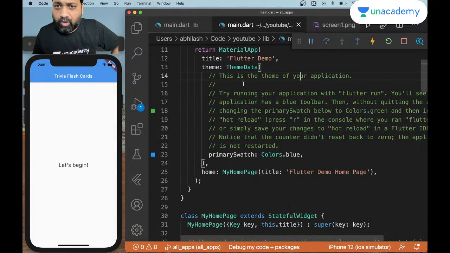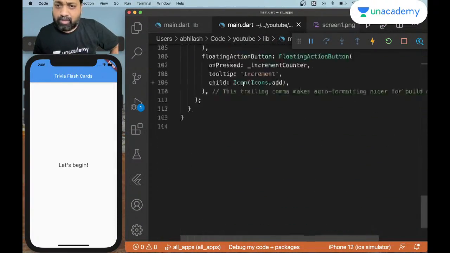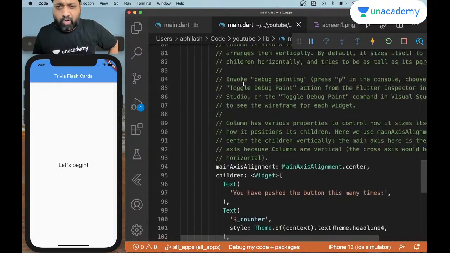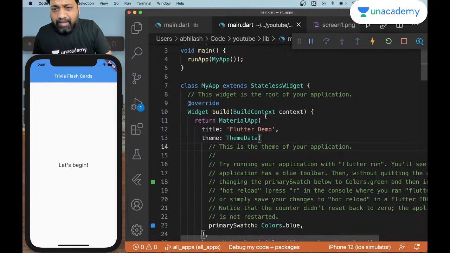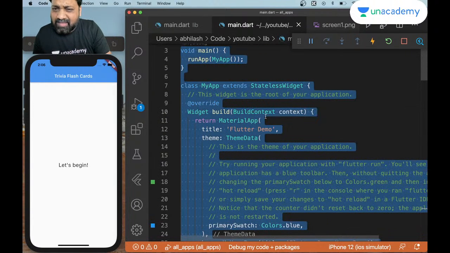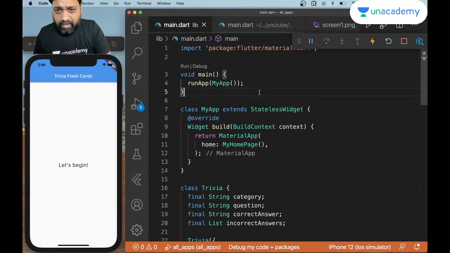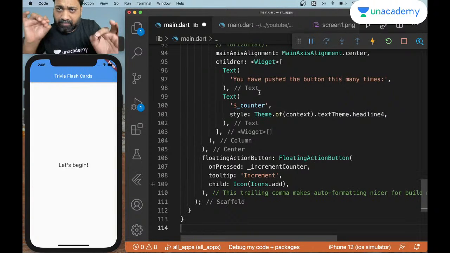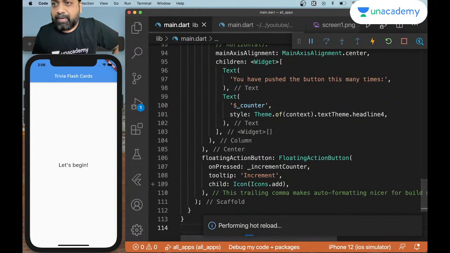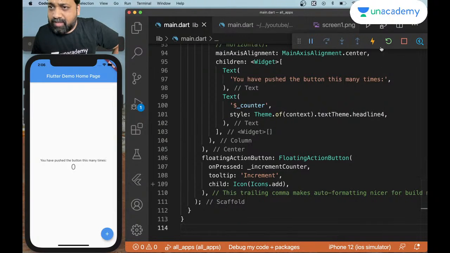If I open that main.dart, you're going to see something that looks like this. Lots of comments, 114 line app, page. And if I was to run this, which is most likely what you're going to do, if you're going to go here and put it in this is a main.dart. If I do this and if I go to